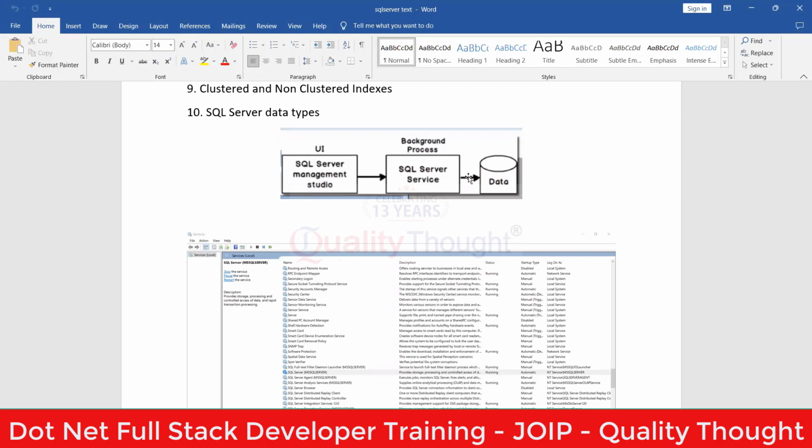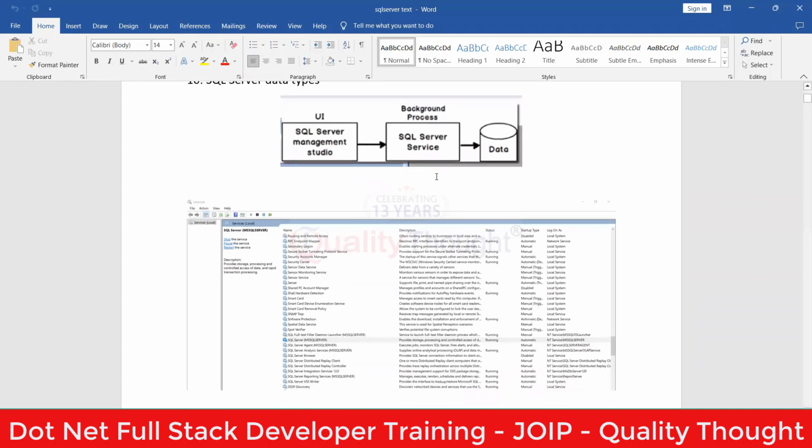If you know how to connect these three together, you can run multiple instances of SQL Server on the same system also. Multiple instances means more than one SQL Server. More than one SQL Server you can run. Right. But anyway,